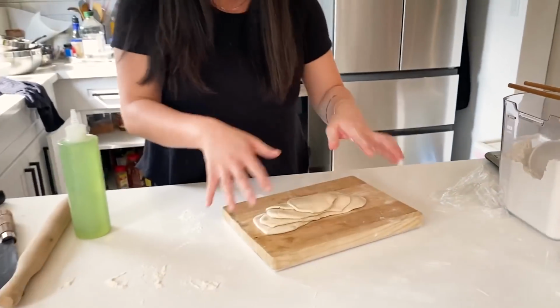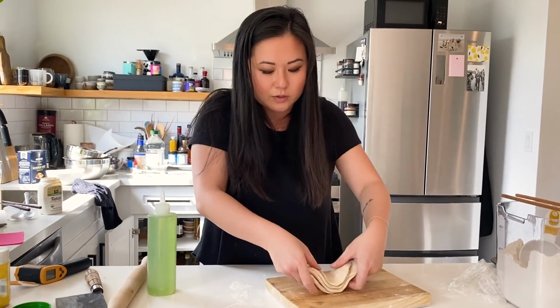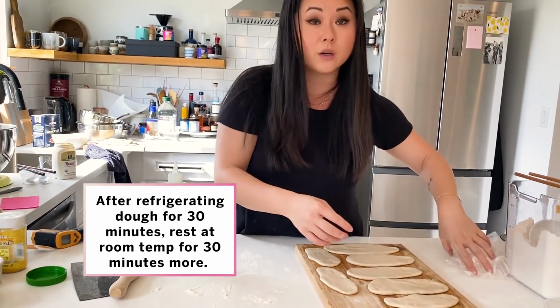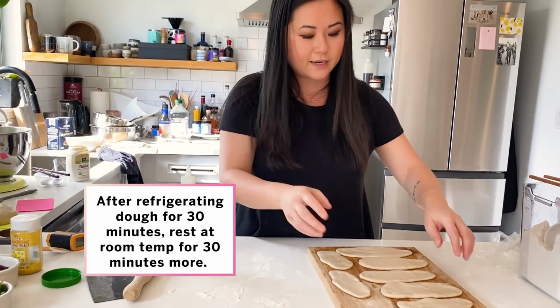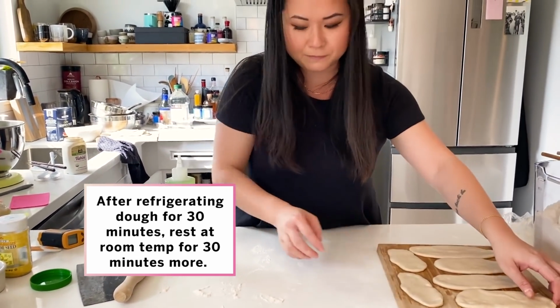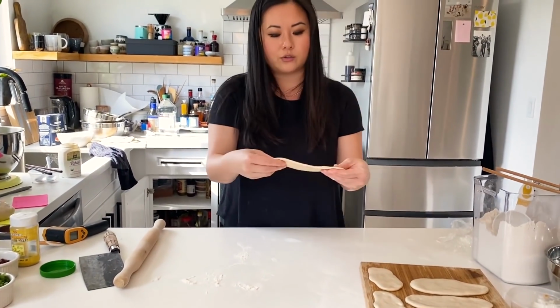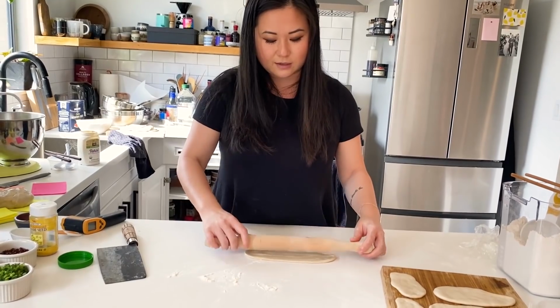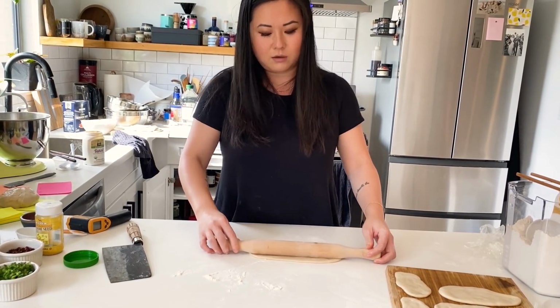At this point, you can cover it in plastic. You can also just put this whole thing in a stainless steel bowl or something and put it in the fridge. So before you pull it, just take it out, let it sit at room temperature for at least half an hour. And now we are going to start pulling. One technique I've seen is chefs would make an indent in the middle. By now it's